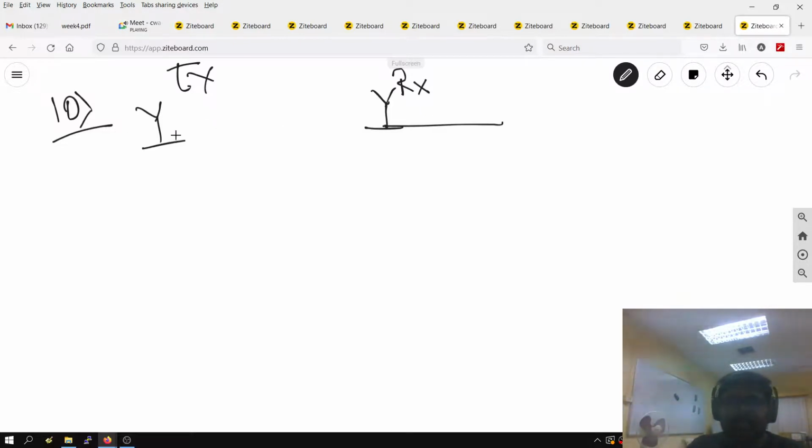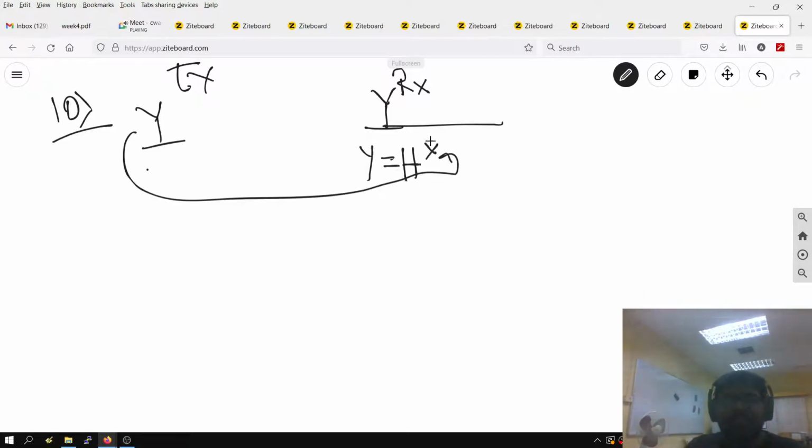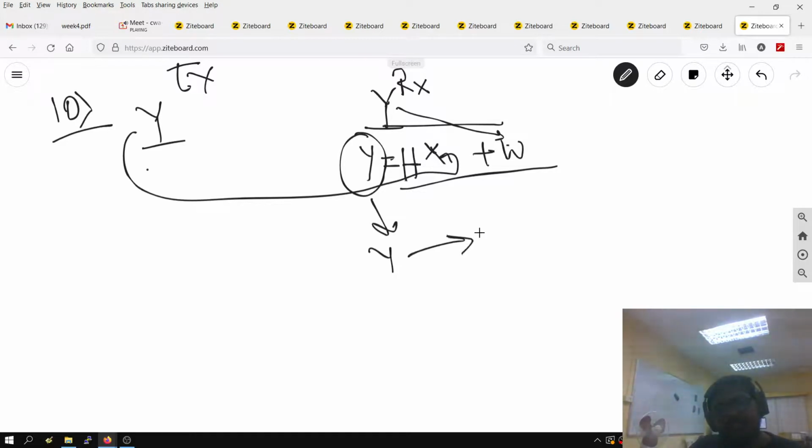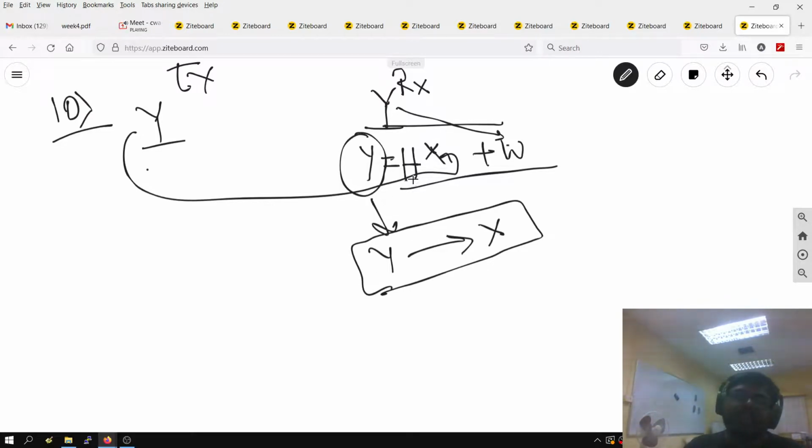So what is the first step here? The equation is: I receive some data y, and this depends on the wireless channel h, the symbol that has been transmitted from here, that is x, and the noise that has been added here. So we get some data y at the receiver, and that depends on these three unknown parameters. Now what is our job? From this y, we have to get to x. To do that, what do we need to do first? We need to know h.